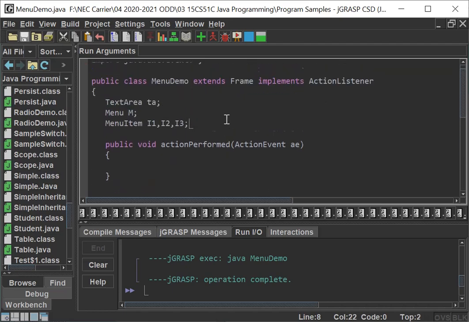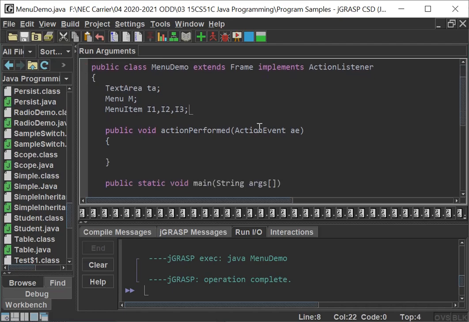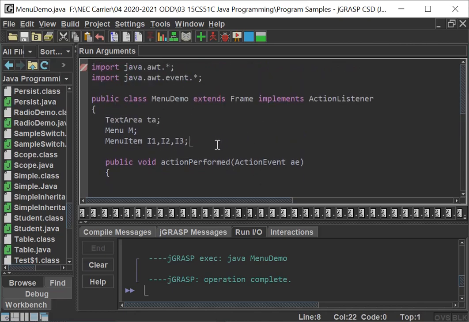Okay, so now what we are going to do is start the frame. You may ask the question, we have created a frame but the frame is not visible yet. Why is the frame not visible? For that we have to make a member function here. How we can make a member function here, I will let you know.